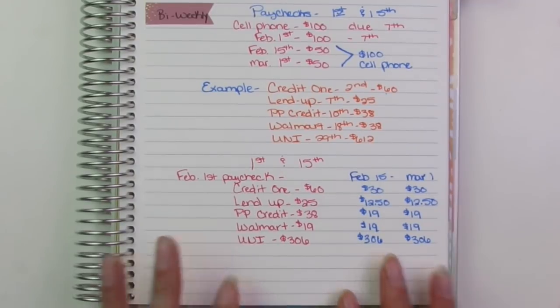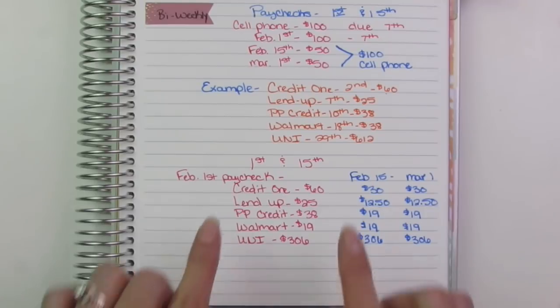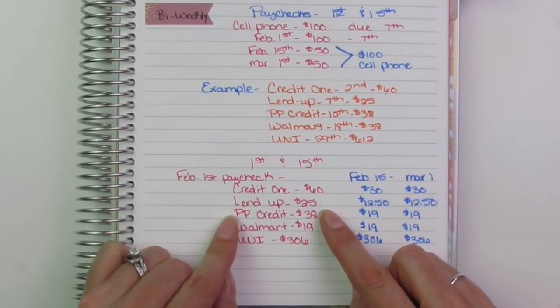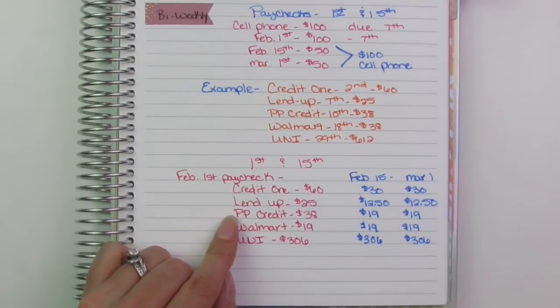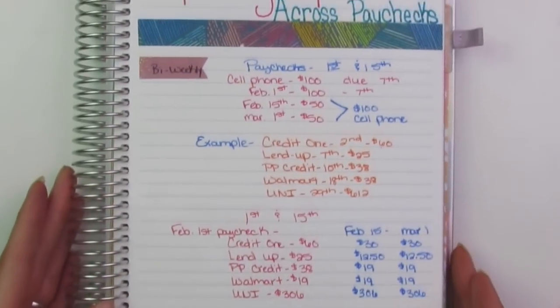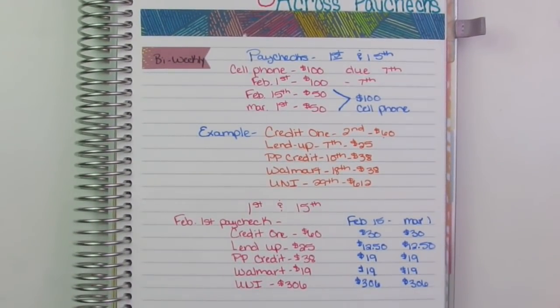And it is a little difficult to get started because you do have to pay for some of those in full right away, but then once you do that, then you're able to get on a schedule and only take half of them out every paycheck, and it just makes being able to pay them when they become due so much easier, and you know that the money's there because you've planned and you've budgeted for it. So that is the bi-weekly portion. Now I am going to move into